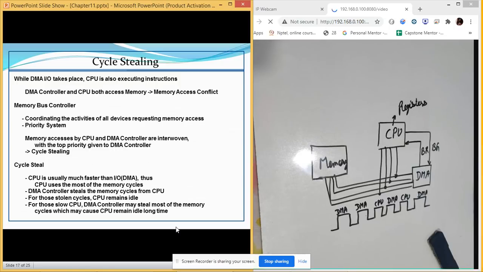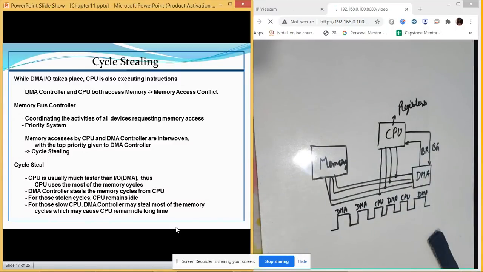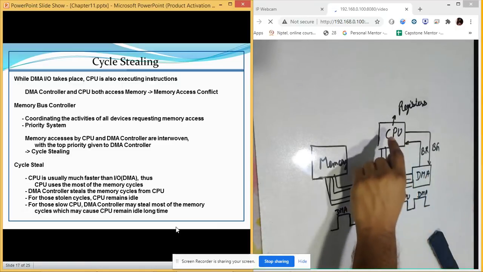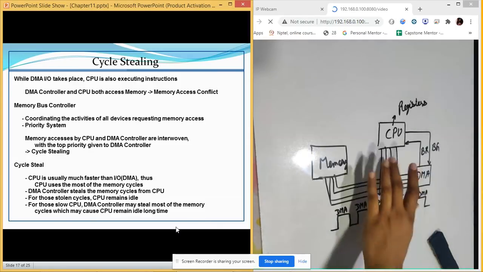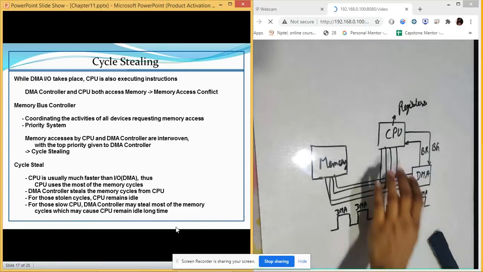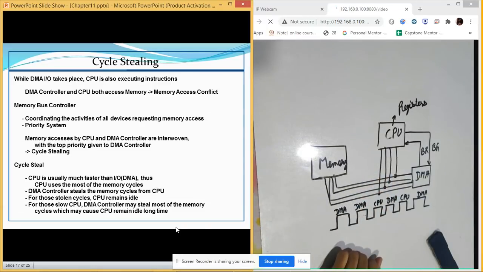Now there is one contradiction which we mentioned earlier. Why have we introduced the DMA? DMA was introduced to make the CPU work when we are transferring the data. Now the transfer is done by DMA, but DMA is also making the CPU idle. It remains idle for the time we are not executing. So it is having very little effect on the speed of the CPU. Then what is the benefit of getting a new device?